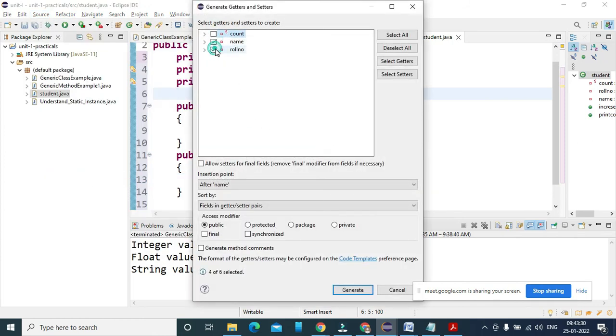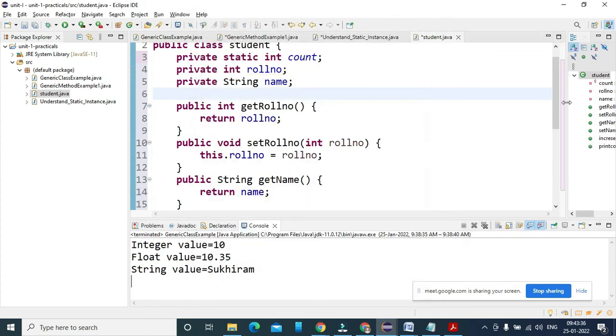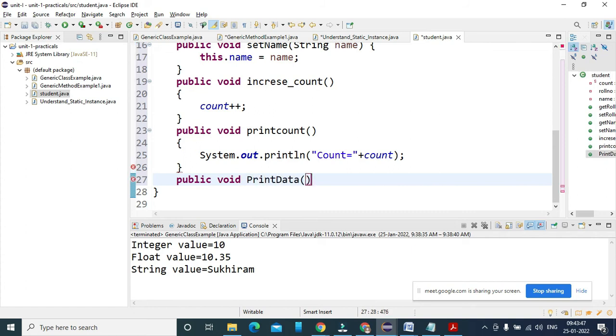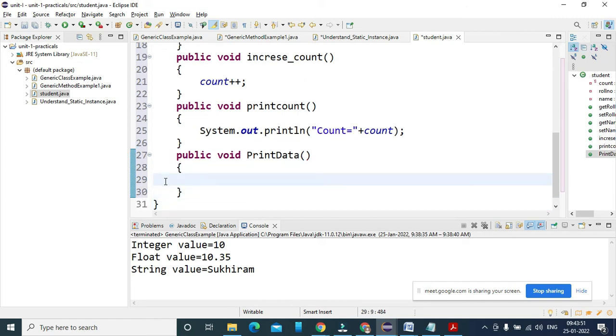I need a name and roll number for setter and getter here, not for count. Okay, and I want to print data. So public void print data will display the roll number and the name here.